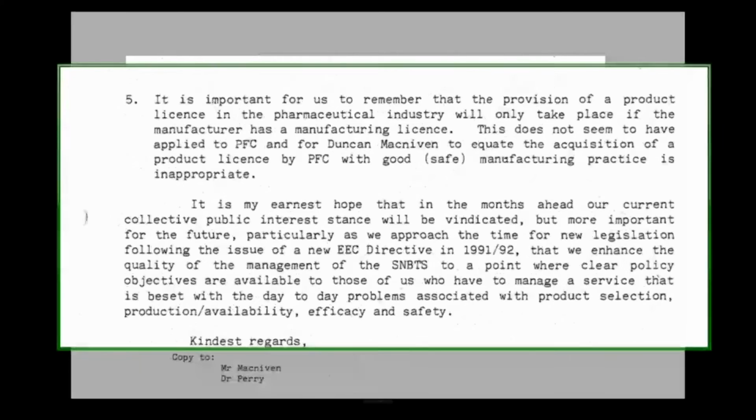And in his 5th point, important for us to remember that the provision of a product licence in the pharmaceutical industry will only take place if the manufacturer has a manufacturing licence. This does not seem to have applied to PFC. Just going back to the previous page for a moment,